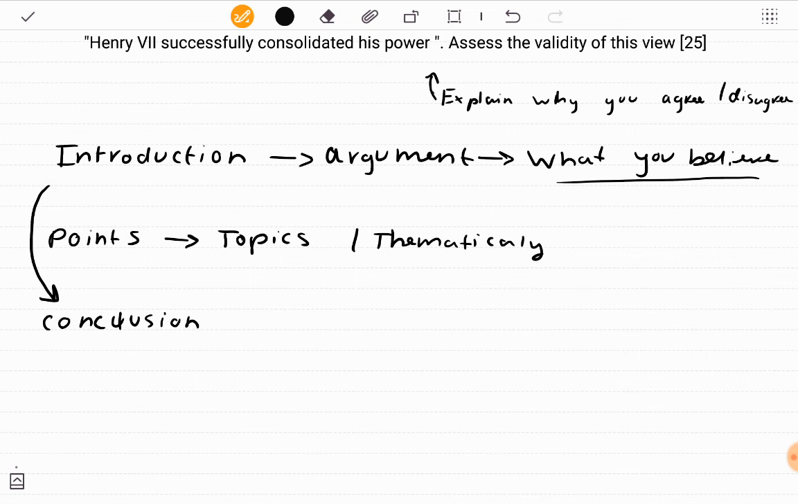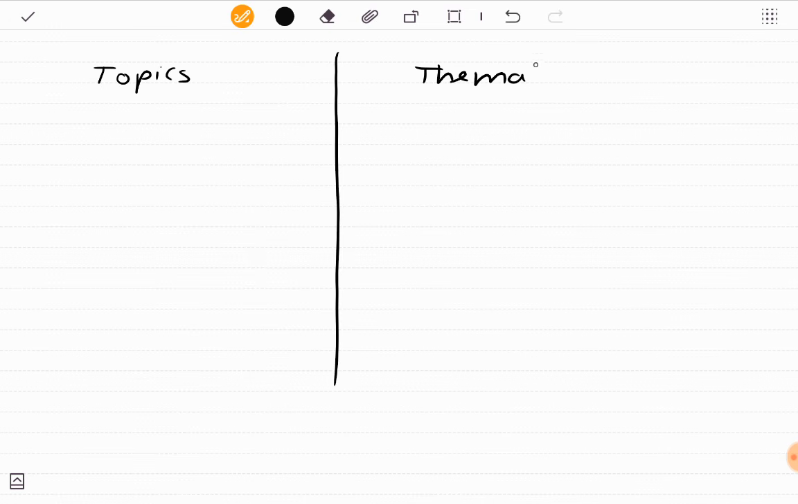So I'm going to talk about the topics and the different themes. I'm going to talk a bit more about what that means. So I'm just going to split this down in the middle. I'm going to go topics on one side, and I'm going to talk about thematics the other side. So what you've got to really understand about this paper, the paper 1, is the title is